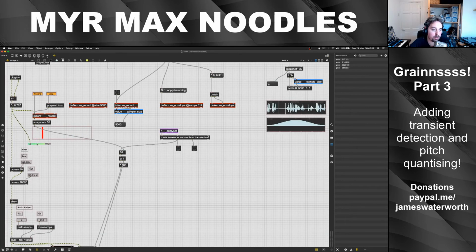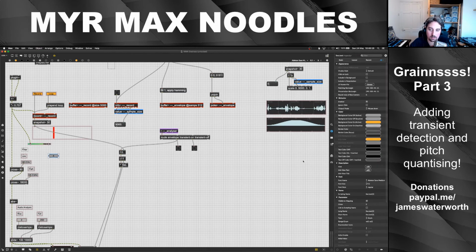Some things we might want to add after even just playing with that is I think we want an on and off switch for the audio analyzer, because we want to be able to trigger when the transients are happening, because we might want to hold a nice long chord for longer than is currently happening. One way to do that would be to add in a live.text, and I'm just going to make this say